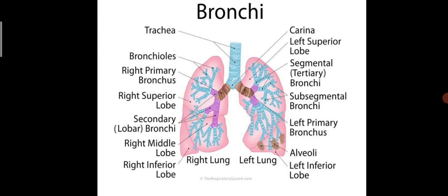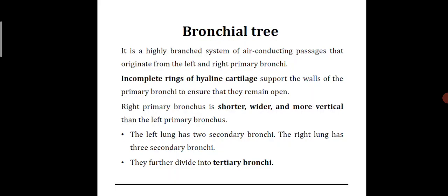At the bottom, see here, this is the brown colored structure. This structure is the alveoli, where the exchange of gases takes place. Exchange of which gases? Carbon dioxide and oxygen. Alveoli are attached to these bronchioles by the alveolar duct, and a large number of alveoli unite to form an alveolar sac. This bronchial tree also involves cartilage.